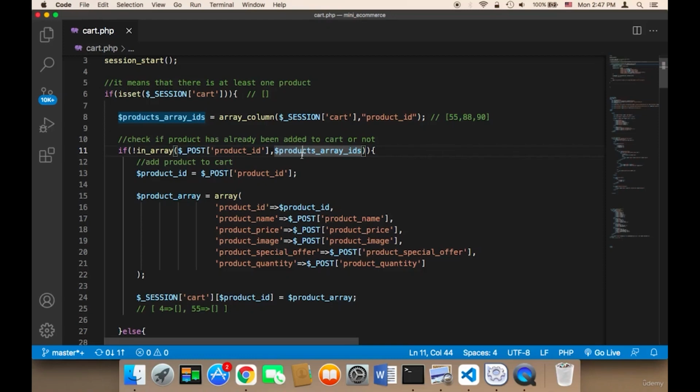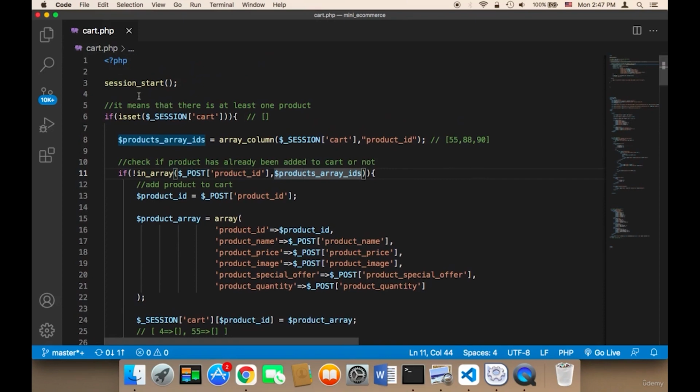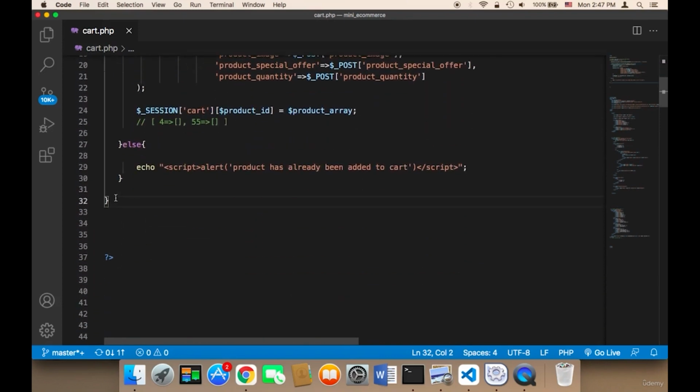Welcome back. Now what we need to do is continue working on the cart. So here, if the cart is already set, it means that there is something in the cart. However, suppose that this is the first time that the user is adding something to the cart. So here we need to say else. Else here, if this is the first product,